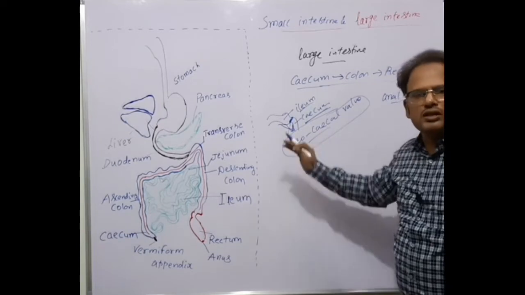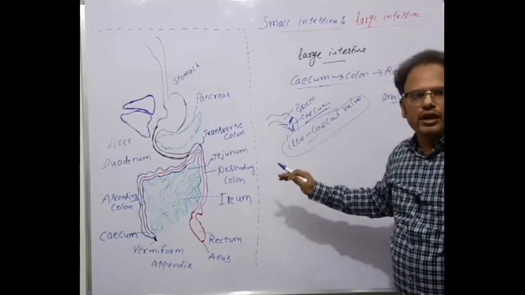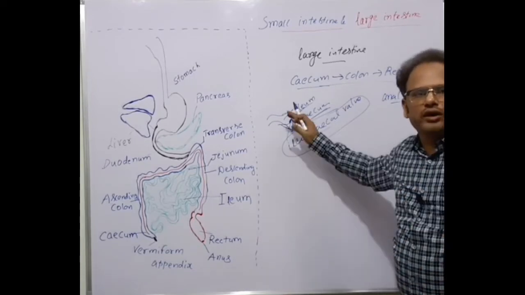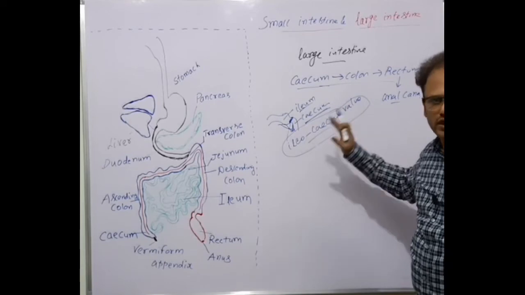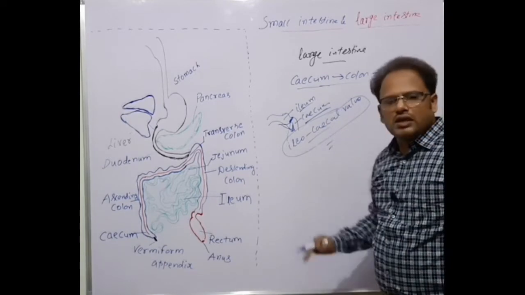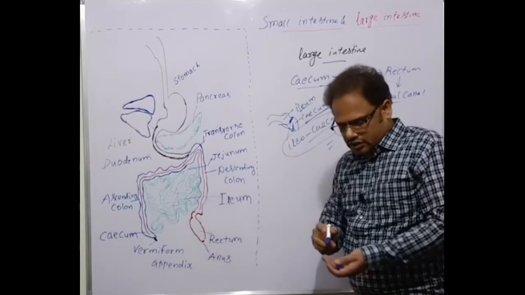That is, once the undigested food is present in the cecum or large intestine, it does not go back into the small intestine because of the presence of this valve called the ileocecal valve. Okay, students. So where is the undigested, unabsorbed food now? It is present in the cecum. Let's discuss this one.